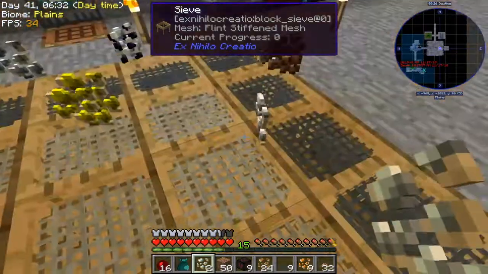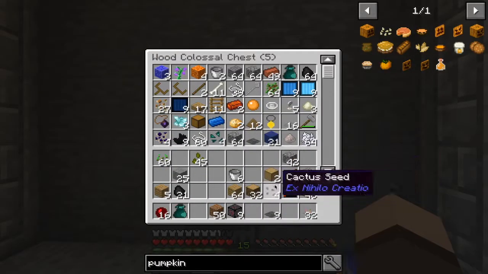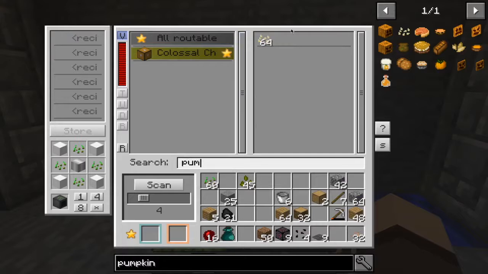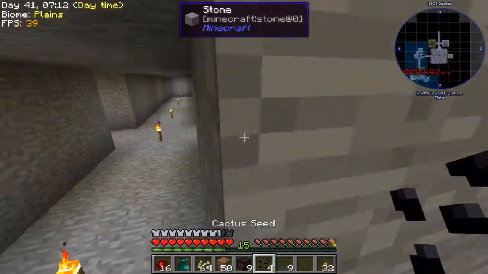I'm pretty sure that's a cactus seed. Let me just clean the inventory. Yep, there we go. We actually got 4 of them. So what we'll do is, if we take our flint seeds, and did I just put my pumpkin seeds away? Yep, okay. What we're going to do is take these over to our farmer area, because they're